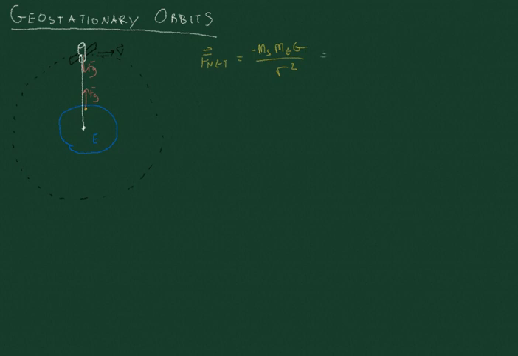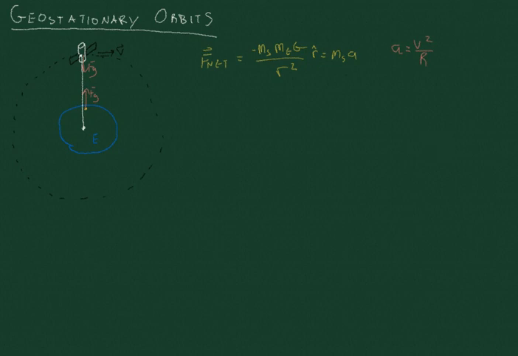This is equal to the mass of the satellite times its acceleration. Of course, this is in the r hat direction. So in the case when it's directly above us, it's just y hat. Right? Well, we know that the acceleration a is just v squared over r,